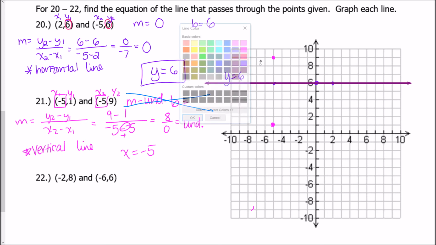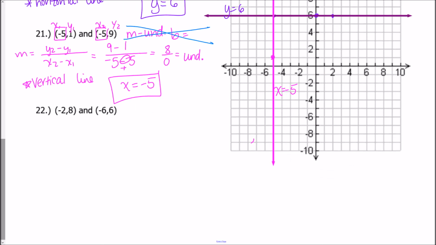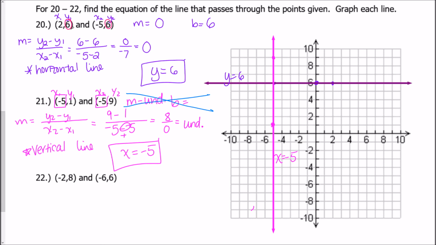So I'm just going to go ahead and draw this line right here so we can see it. So the line that connects through these 2 points right here is a vertical line, and it cuts through the x-axis at -5. So I get x equals -5, and that's my equation of my line right here. Okay? All right, in number 22, this time,